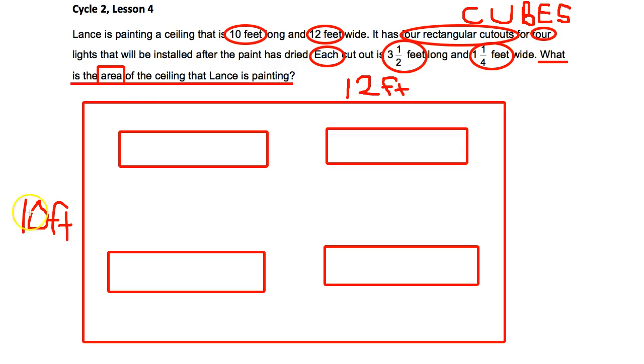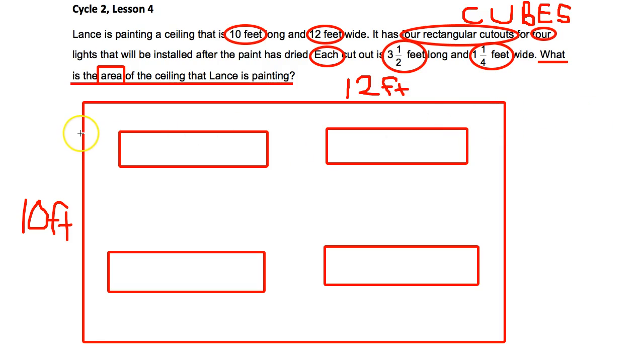Okay, so this is the dimensions here. So I can go ahead and find the area of the ceiling as if it's one solid piece, and then find the area of just one of these rectangular cutouts. And whatever the area is of just one,